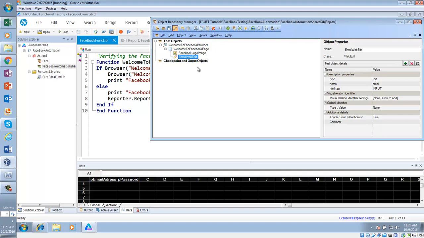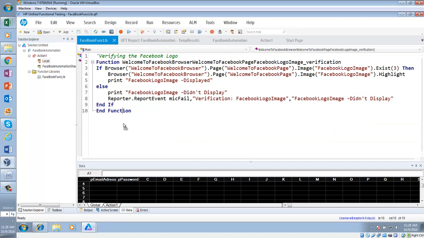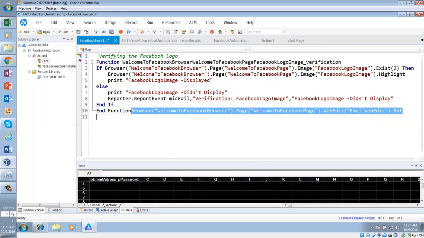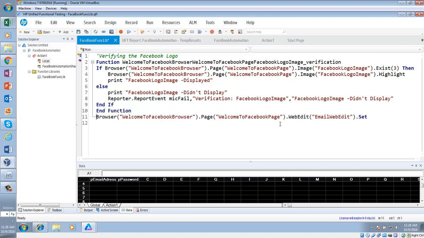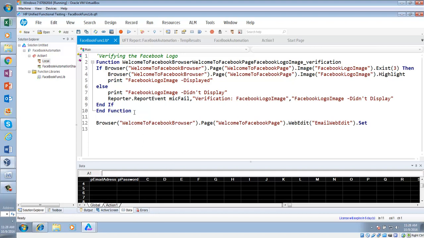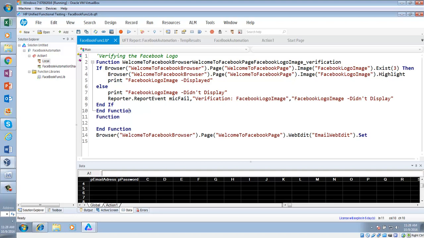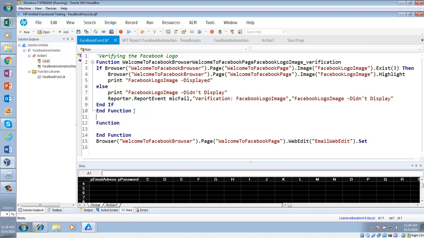Okay, now I am going to bring this object here. Well, email web edit. Can you see how I brought that object from there? Now there will be another function for verifying that email web edit. So how will I write that function? Again, there will be another function. And what is that function for? This function is for